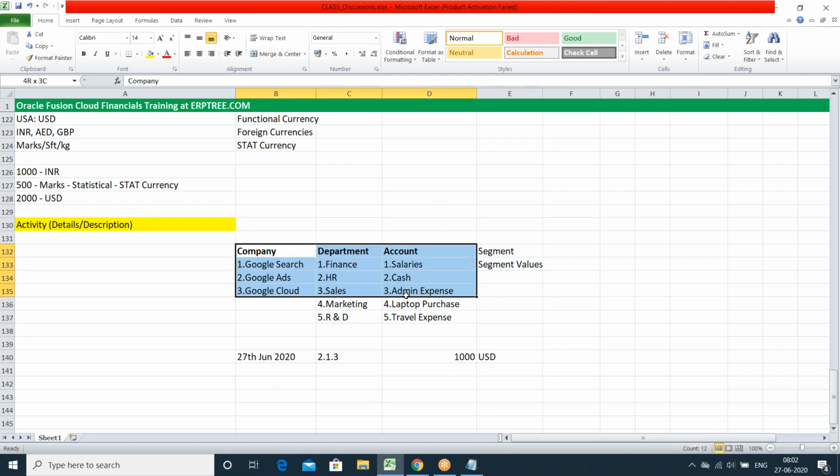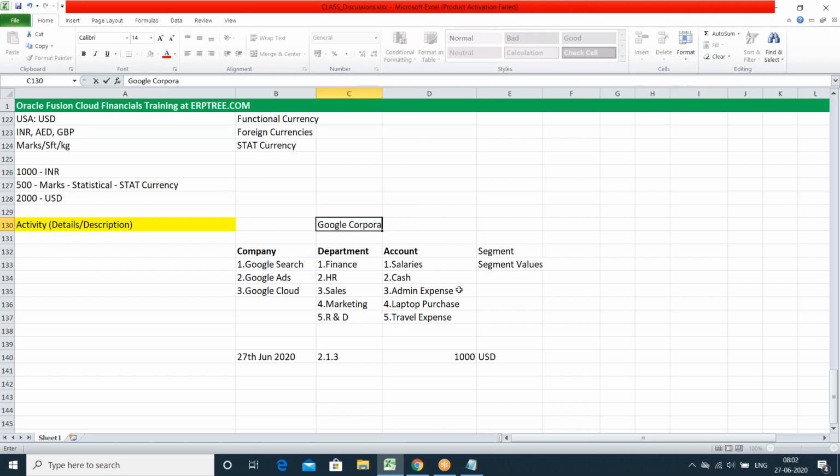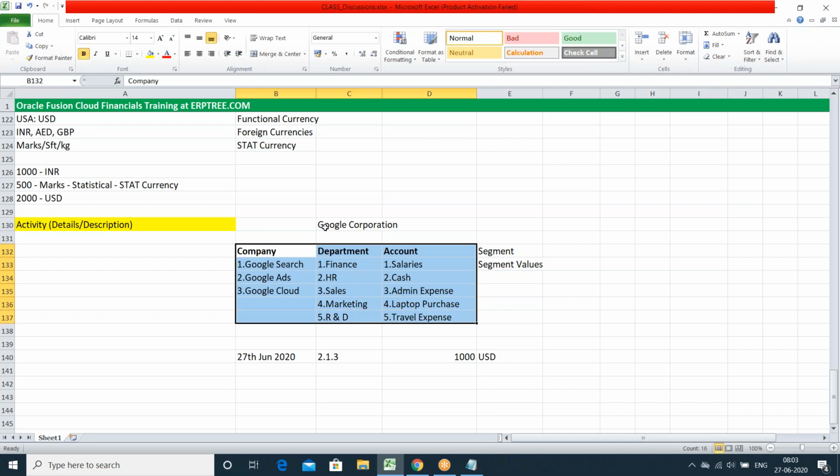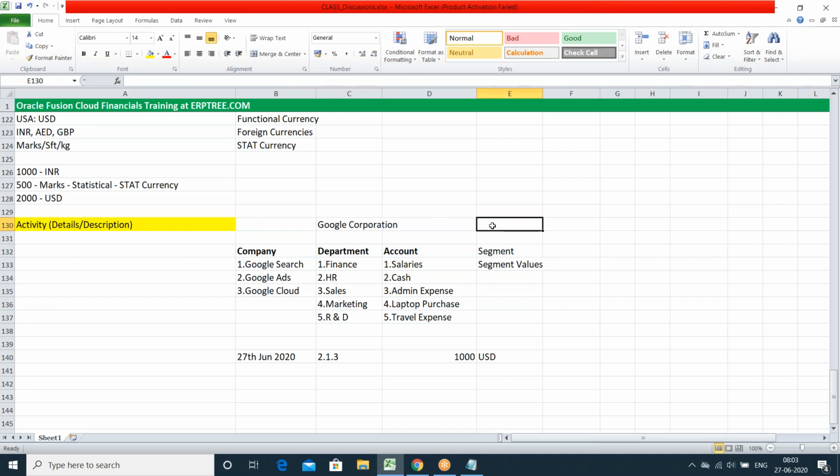Now, this complete information belongs to which organization? Say this complete information belongs to Google Corporation, for example. That means for this complete information we are giving a title. For this data, the title is company. For this data, the title is departments. For this entire data, these companies, departments, accounts, which organization do they belong to? Google Corporation. So this title, if you give it in the system, that we call as